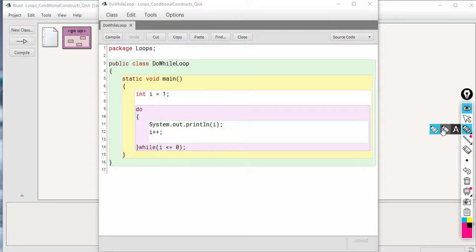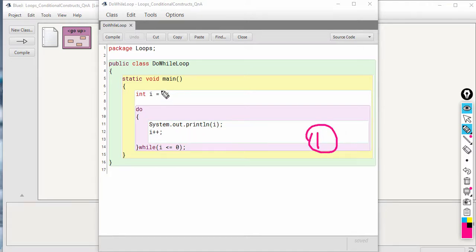Okay. So here I is initially 1, control comes inside, 1 is printed, I becomes 2, control comes to the condition part. You can see that the value of I is 2, so the condition becomes 2 is less than equal to 0, which is false. So the loop will execute only one time and it will print 1.